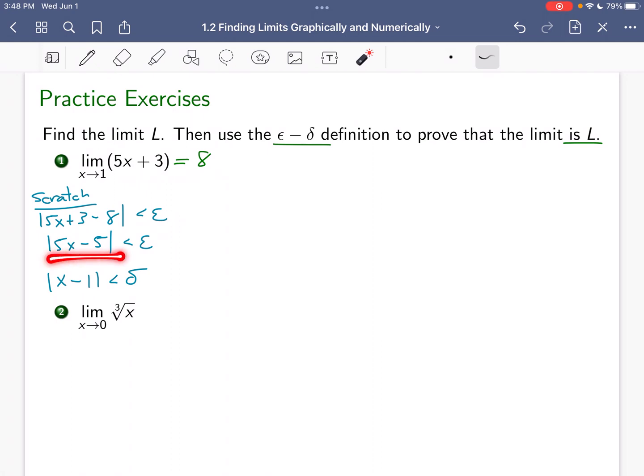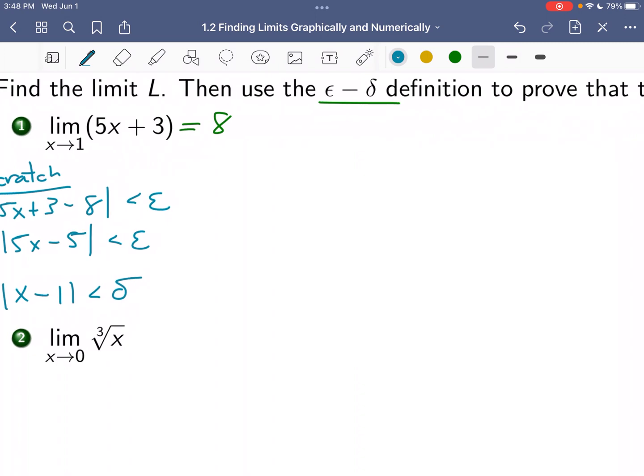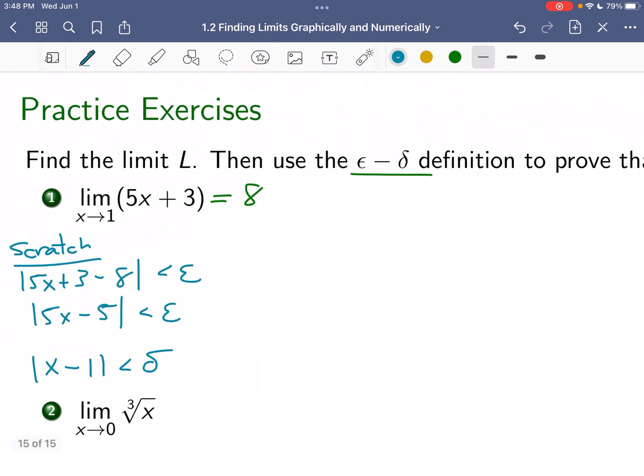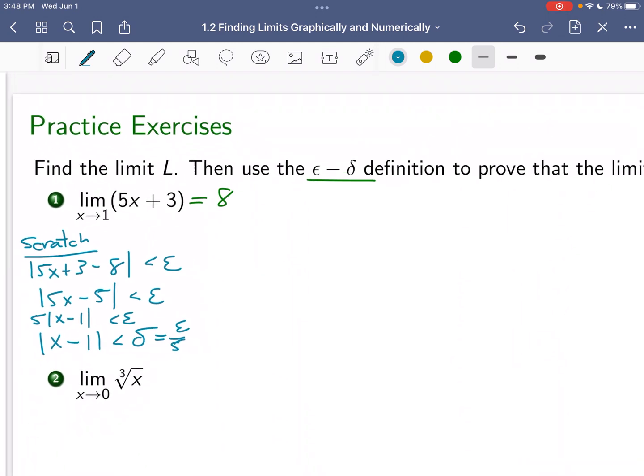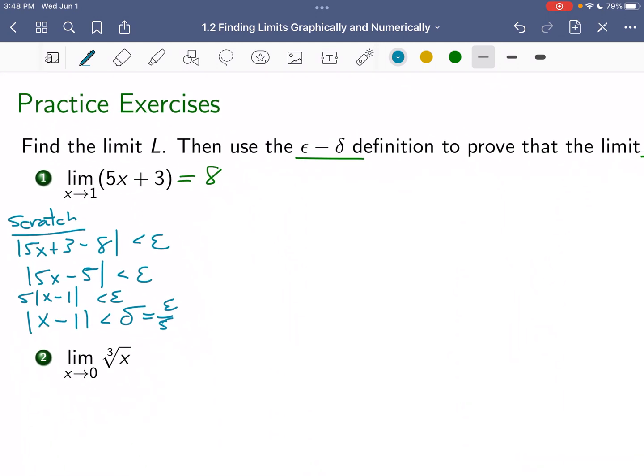So if you were to factor 5 out of this and then divide both sides by 5, we'd have the absolute value of x minus 1 is less than epsilon over 5. So we're going to choose delta to be epsilon over 5. And so our actual proof